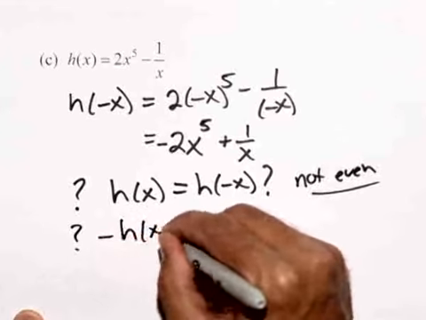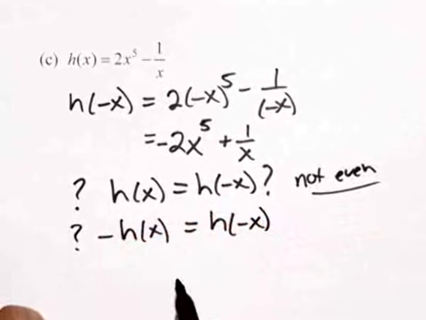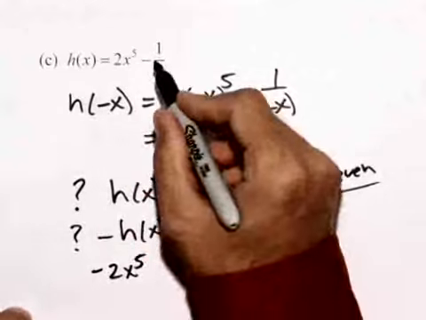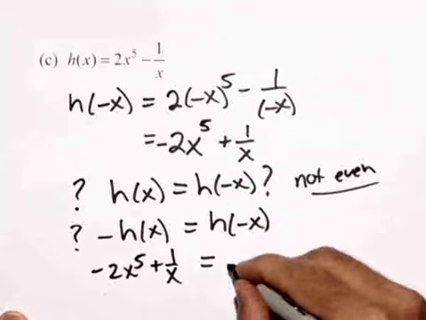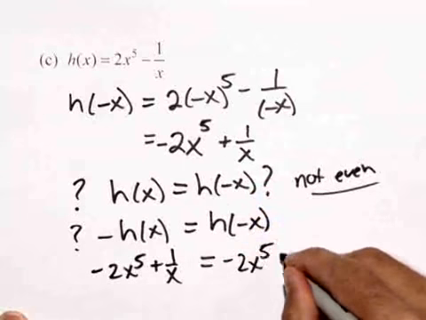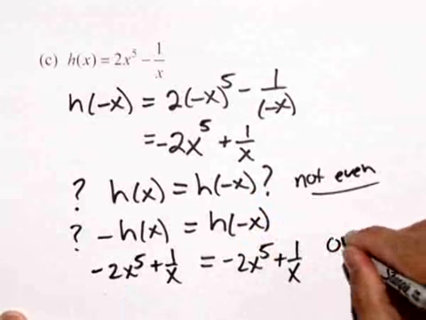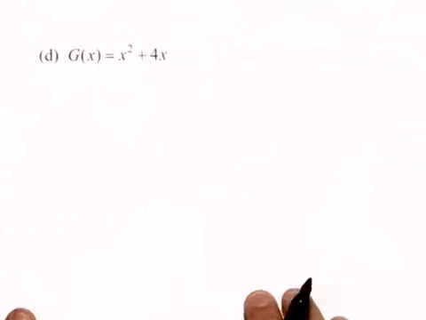Let's check our second equation to see if it's odd. Does negative h of x equal h of negative x? Well, negative h of x is negative 2x to the fifth plus 1 over x. Does that equal h of negative x? And it does. So our second equation is satisfied. Therefore, h is an odd function. And finally, we'll do part D. So again, let's start